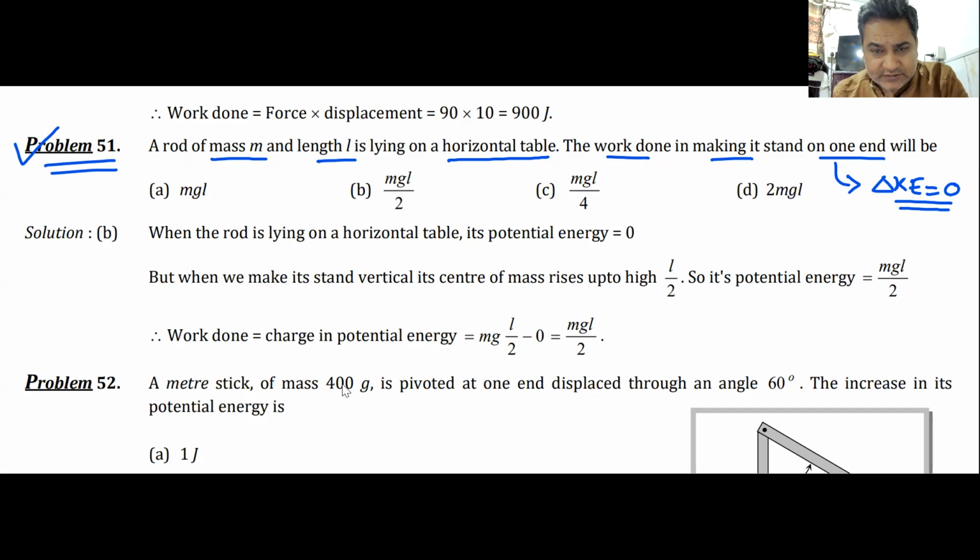I think we have discussed this in the previous examples where I told you that change in kinetic energy is zero. So that takes us to some sort of questions. And remember, here the acceleration is not constant. So you cannot apply v square is equal to u square plus 2as or something of that nature. Please remember.